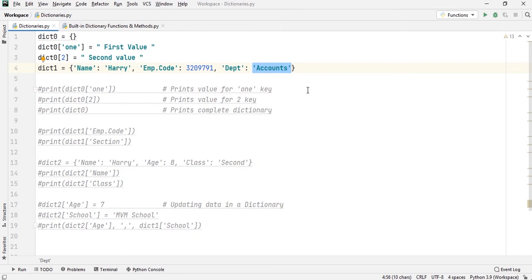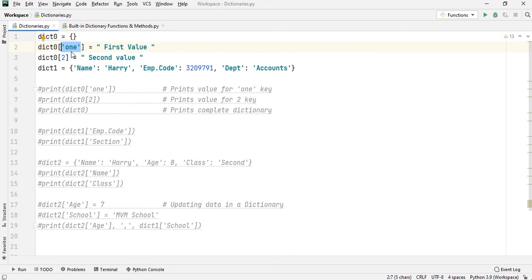If I want to assign some key value pairs to this dictionary dict0, I can do it with this line of code. I have written the name of my dictionary and then assigned one key, which is 1. Look carefully at the syntax of how to assign it. I have given square brackets and inside them I have defined the key as a string.